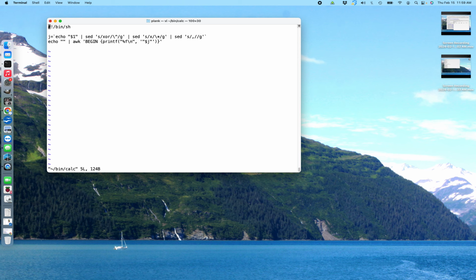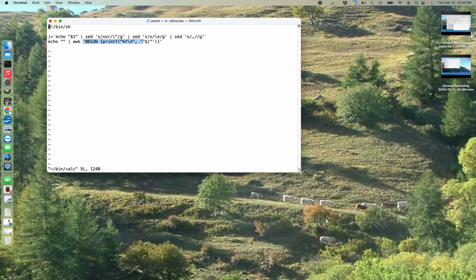I don't even know if I need to do that, because BEGIN says do it at the begin, and then you get this printf, and so I just print it out, and then this is a wonderful shell script. Right, what this does, so here, awk, I'm putting my awk program inside single quotes, right? And then here what I do is I stop the single quote, and then in double quotes I put in my expression, so that's pulling out to the shell and expanding J, and then I go back into single quotes and finish my awk script.